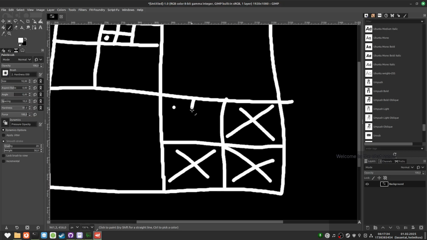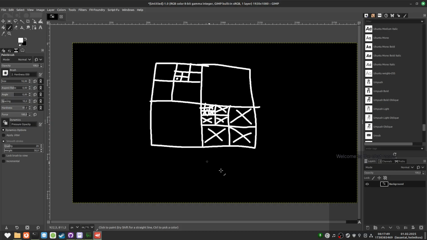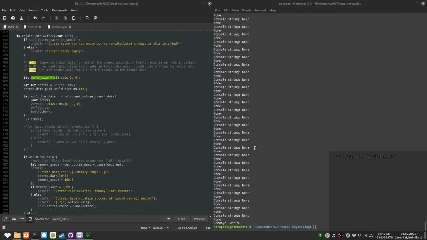And then we will generate this branch. We will say these are empty. And then we'll generate these. We'll say these are empty. And then we'll append the voxel data from here, right? So this will skip a whole bunch of work. So that's something I want to do.